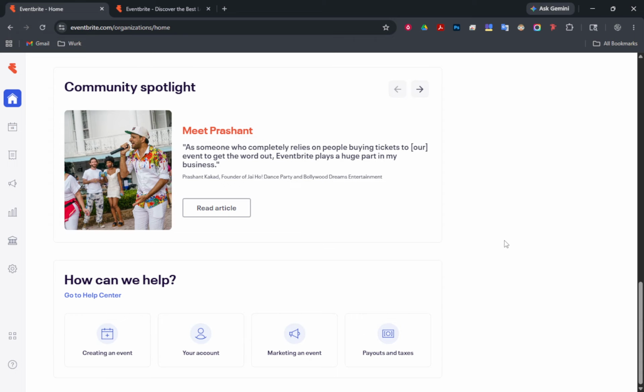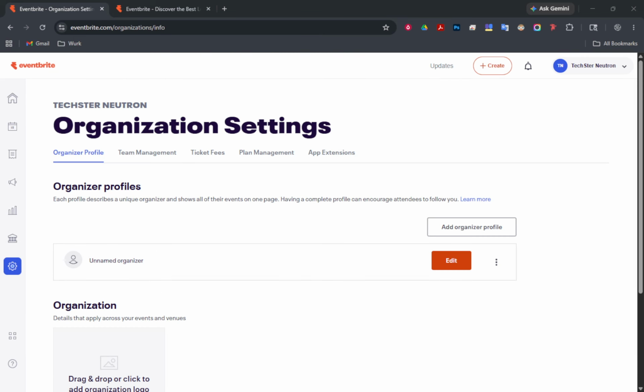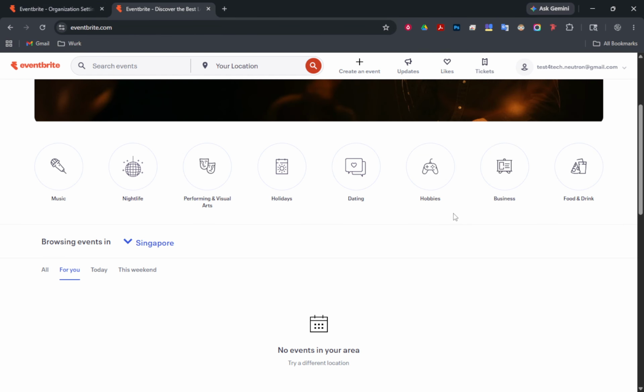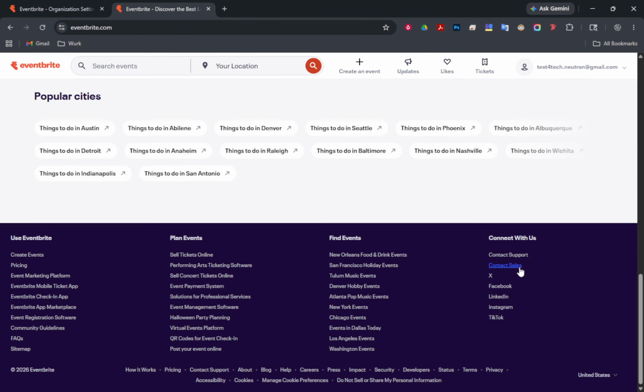For example, you can switch your region from United States to Philippines or swap the interface language from English to Spanish, depending on what's available for that region. If you don't see the change immediately, refresh the page.